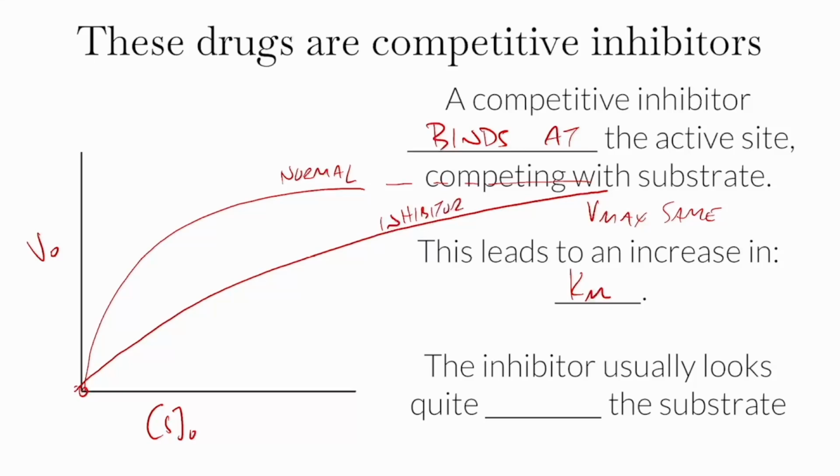And so the reason we say this leads to an increase in Km is if we look at this, this is reflected in an increase in the Km, right? For our inhibitor-bound state, it's a much higher concentration of substrate required to get to half max activity. That means an increase in Km. The other thing that's not always, but most often true is that a competitive inhibitor usually looks quite similar to the substrate. It's basically because a competitive inhibitor has to bind at the same site, so it's going to look usually a lot like the substrate.